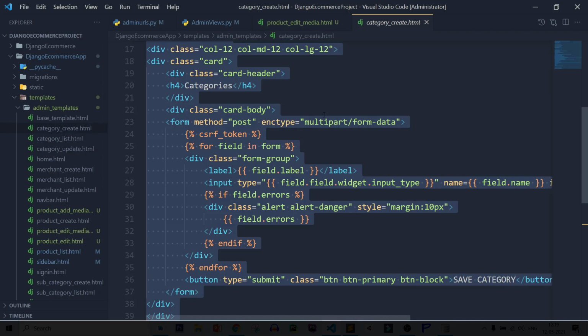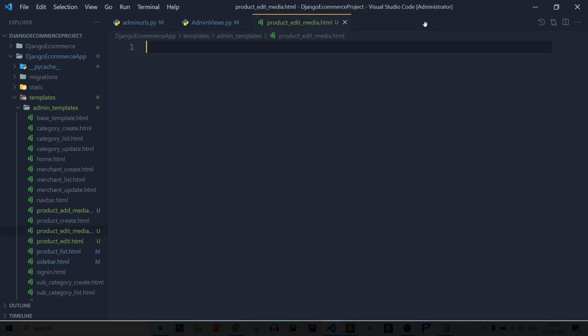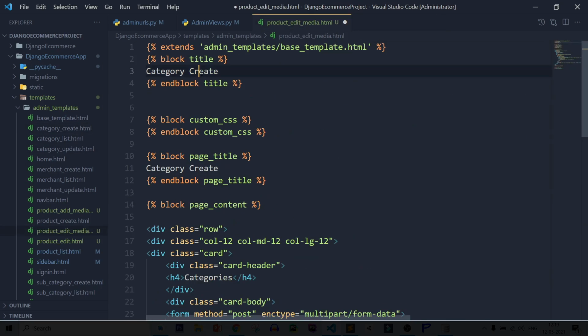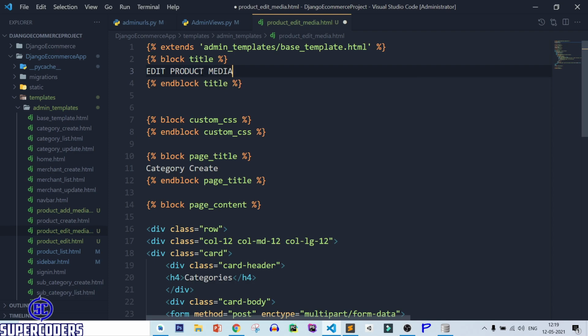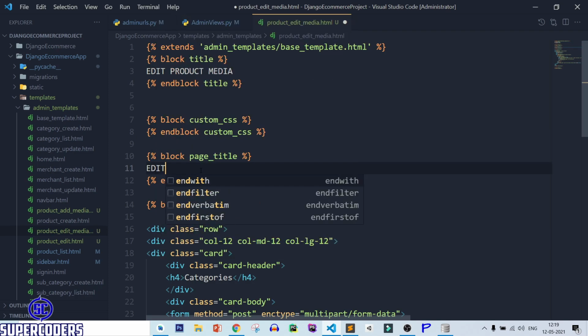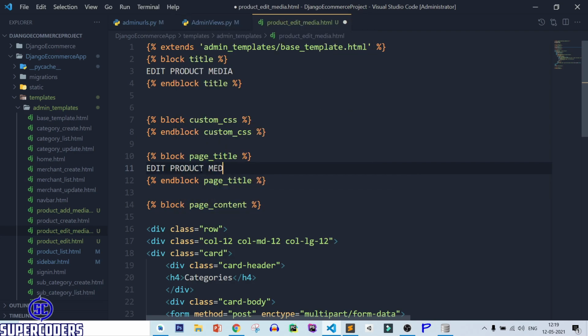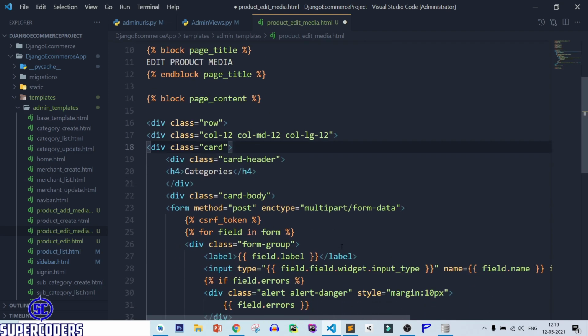So copy the code of category create, close it, paste it, change it to edit product media. So basically in edit product media I am going to delete the product media and nothing else.